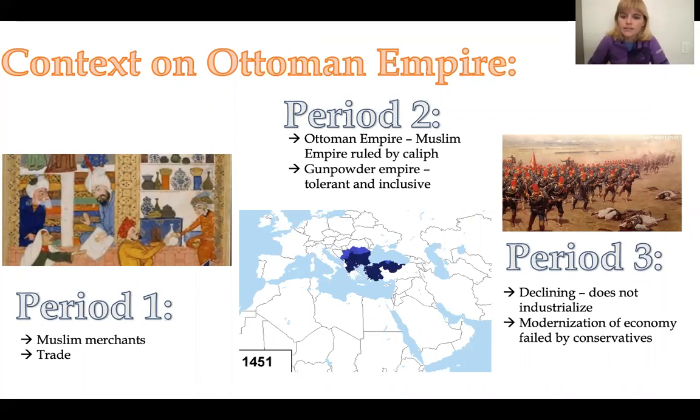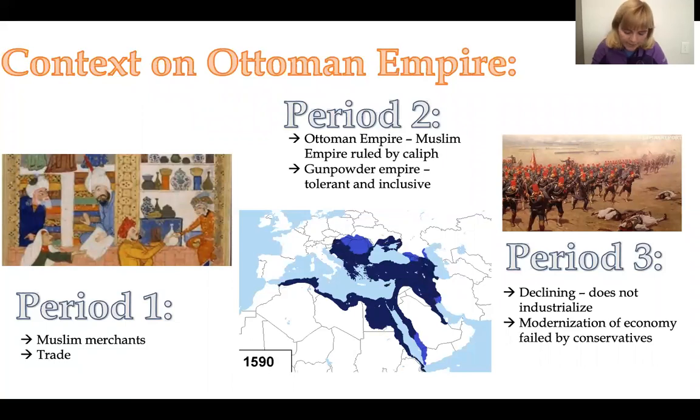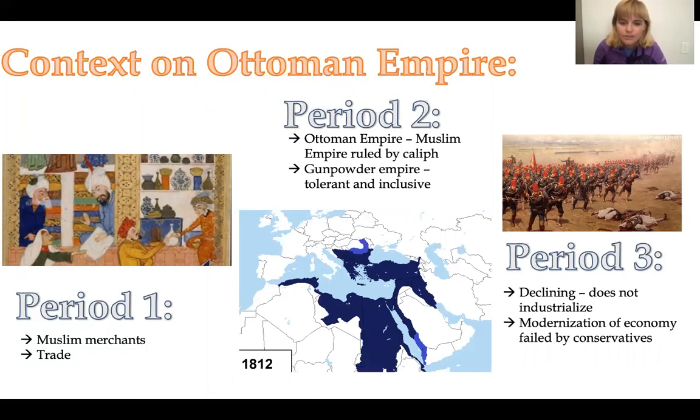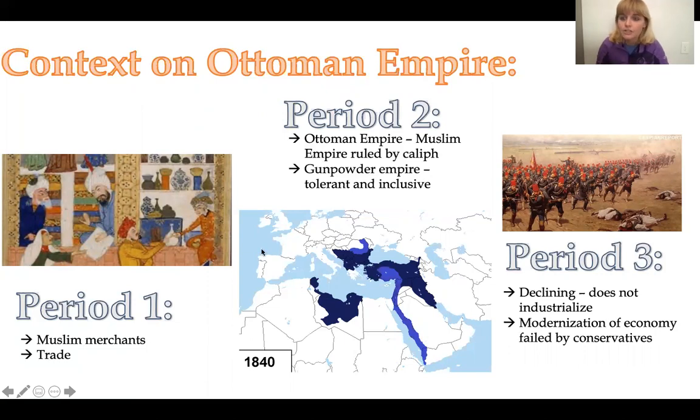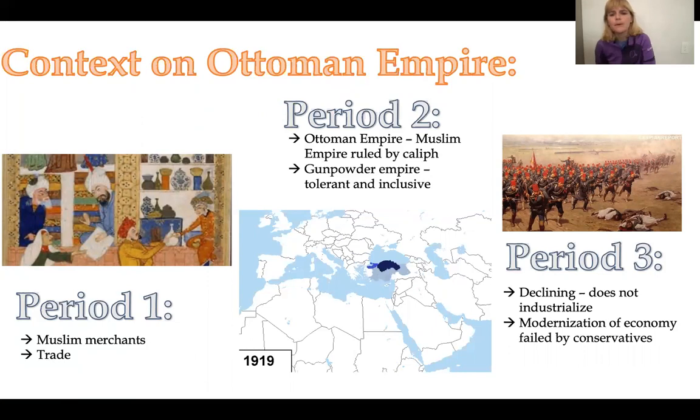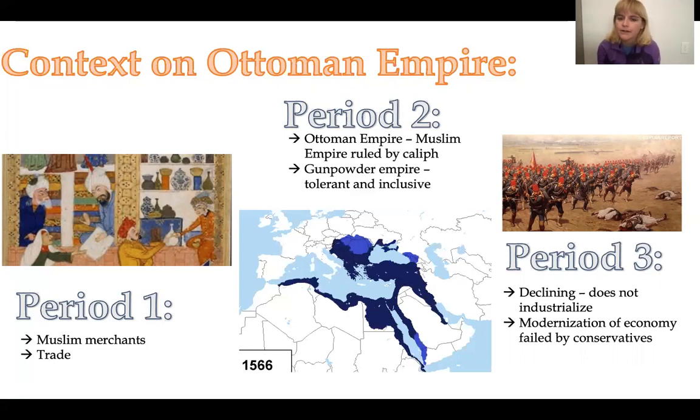I really want to give you guys context on these empires before launching into lectures on them. So the Ottoman Empire lasts for hundreds of years. While they did not exist in period 1, we did draw a Afro-Eurasia chart about those Muslim merchants. We said wherever there's trade, there's Muslim merchants, and they're really coming from these regions that eventually become the Ottoman Empire. So trade is a major component of what will eventually become the Ottoman Empire. The Ottoman Empire is a period 2 land-based empire. We said it is a gunpowder empire: the Ottomans, the Safavids, the Mughals, as well as the Ming and the Qing empires.